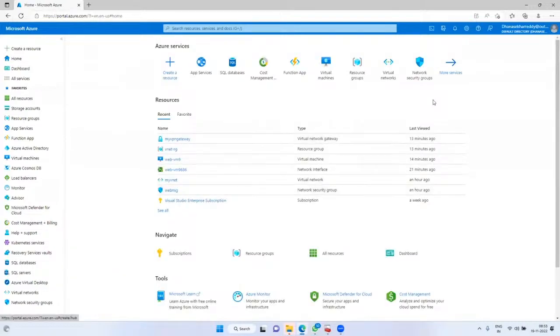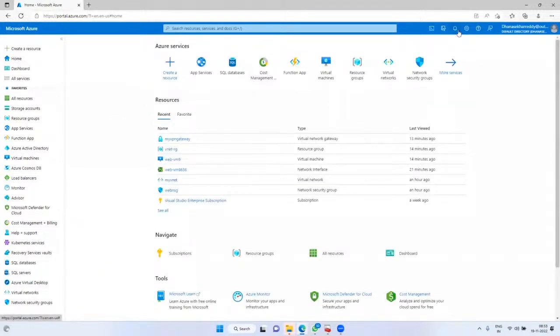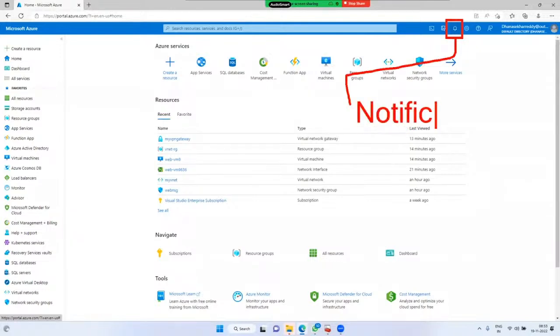Next, another important thing. The other important thing is the bell mark. You can see this bell mark, we can call it the bell mark, or we will call it the notification bar. Notifications. Why do we use notifications?